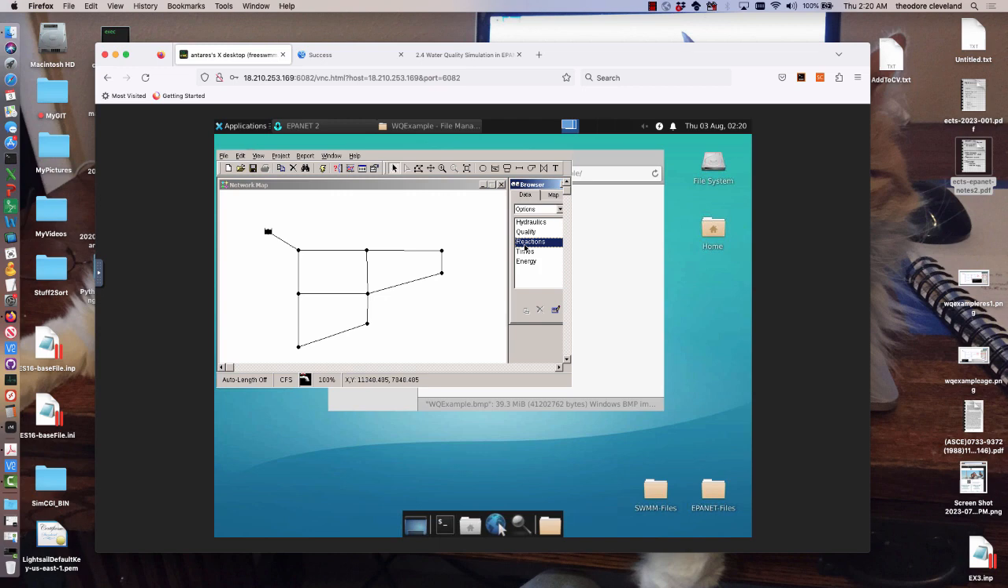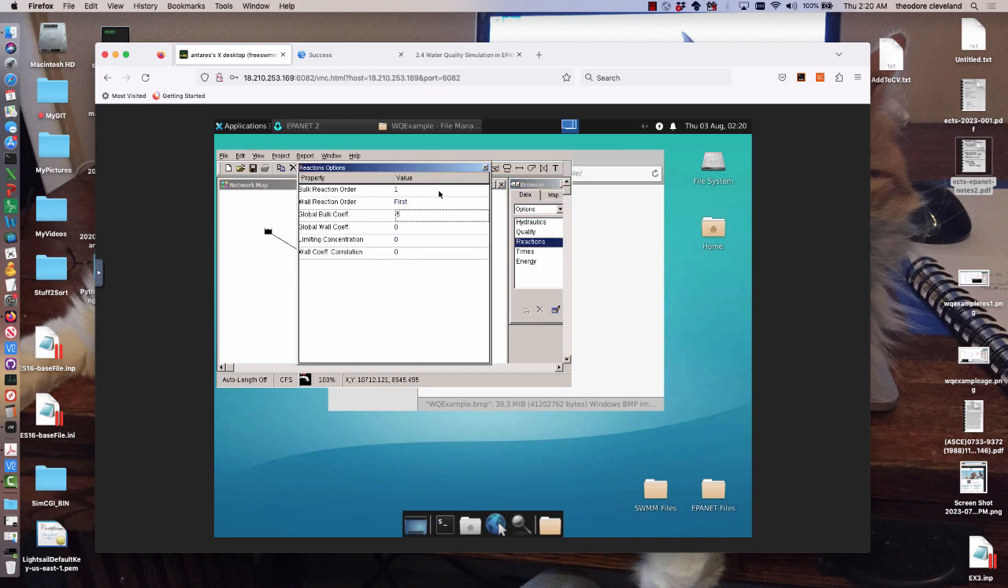If we go to the reactions input, we have a first order reaction in the bulk phase, first order reaction at the wall, the bulk coefficient is -5, which was given in the problem statement. So these are non-trivial numbers. You can't just make them up. The -5,